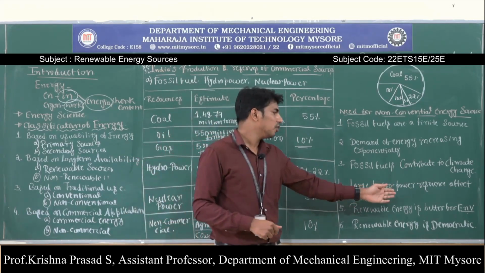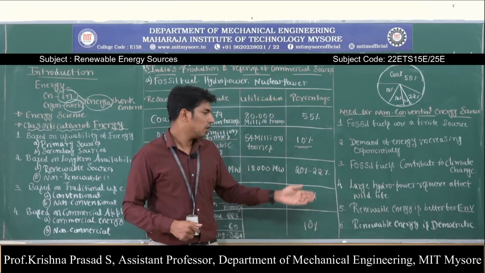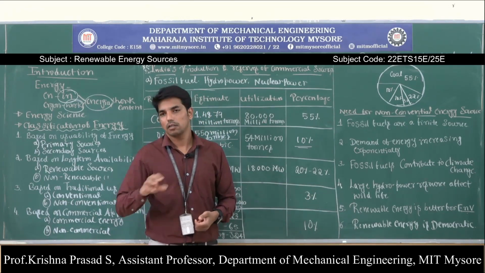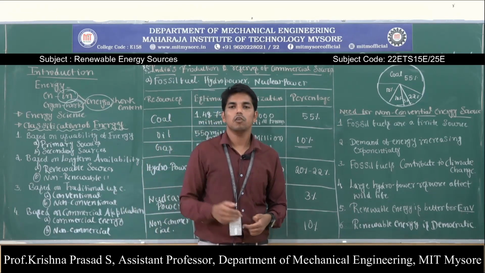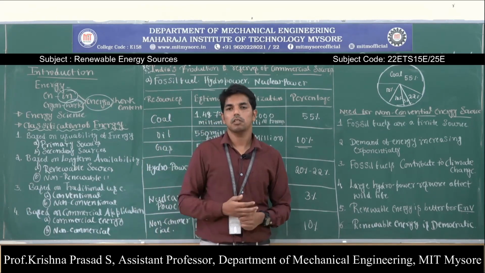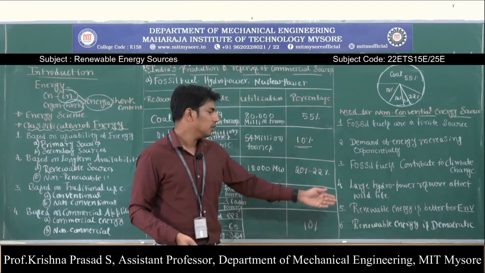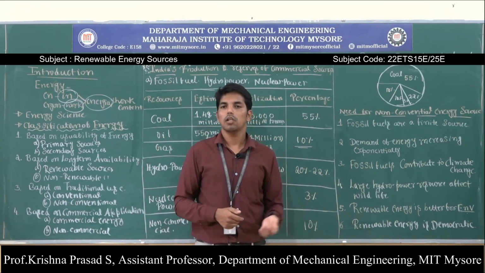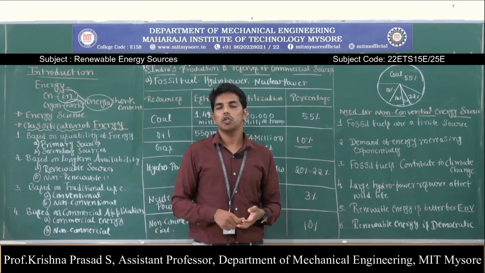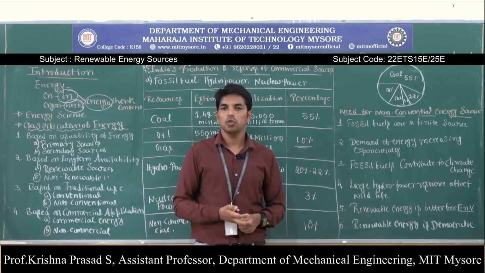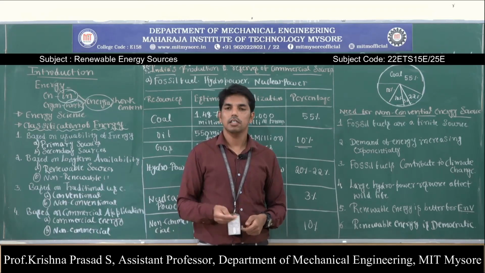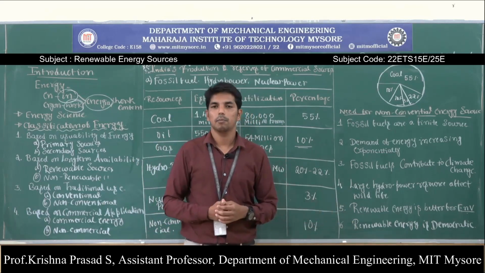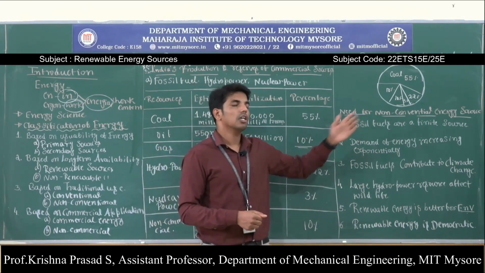Next, large hydropower resources affect wildlife. Yes, a large hydropower station needs a larger area, which causes problems like deforestation, and that poses problems to wildlife. Next, renewable energy is better for the environment. Yes, by using renewable energy sources like solar, wind, geothermal, they reduce environmental polluting gases like carbon dioxide, carbon monoxide, nitrogen dioxide and sulfur dioxide. And also renewable energy is democratic in nature. That's why we need to use non-conventional energy sources.